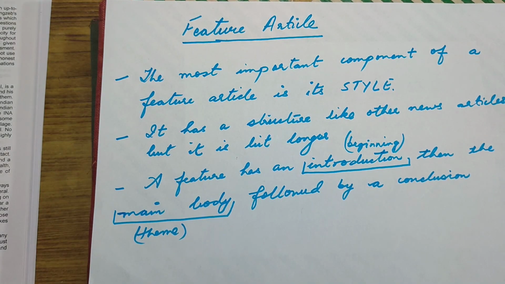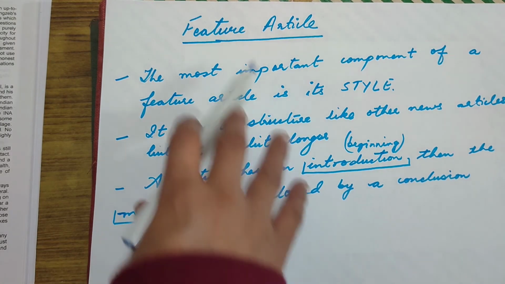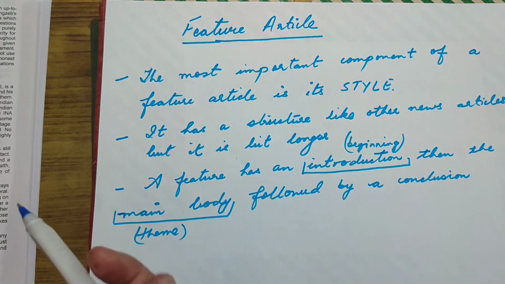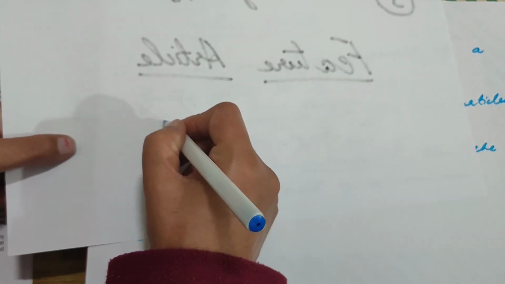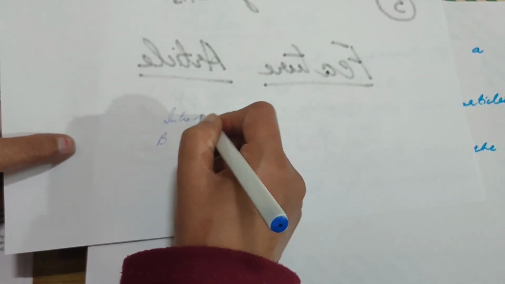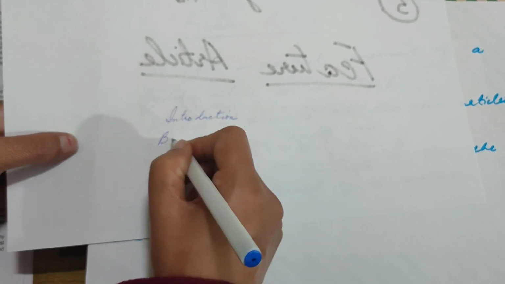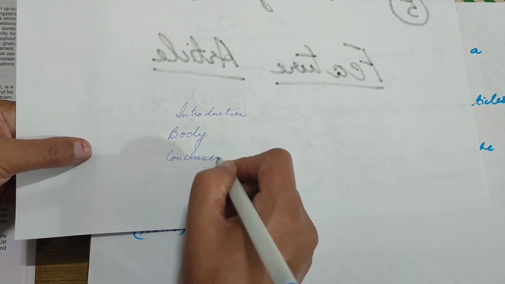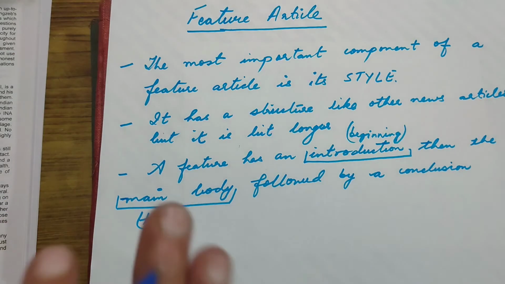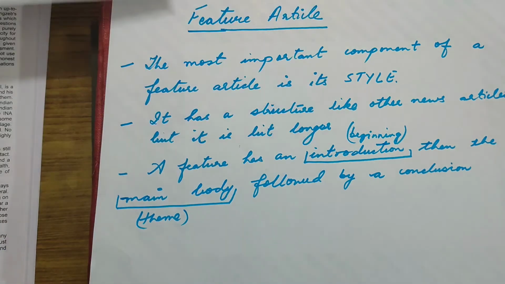स्टाइल नॉर्मल न्यूज़ से डिफरेंट होगा. नॉर्मल न्यूज़ से कैसे डिफरेंट होगा? You will not talk about facts, you will talk about people also. Okay, then there is a structure जो फीचर आर्टिकल का होता है और वो स्ट्रक्चर सब में होता है. हम ऐसे की भी बात करेंगे तो ऐसे में भी पहले हम इंट्रोडक्शन देते हैं. ठीक है, न्यूज़पेपर आर्टिकल में भी हम पहले इंट्रोडक्शन देते हैं, फिर उसकी बॉडी होती है and then it has a conclusion. The similar thing happens here also, but what you have to remember, this is the beginning of course,